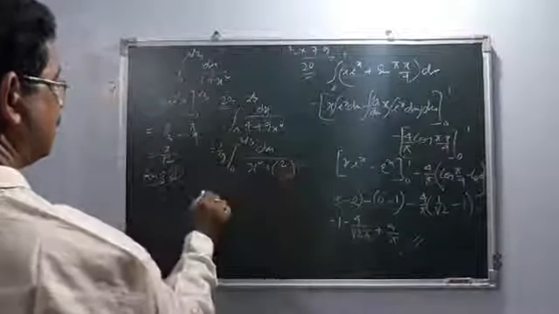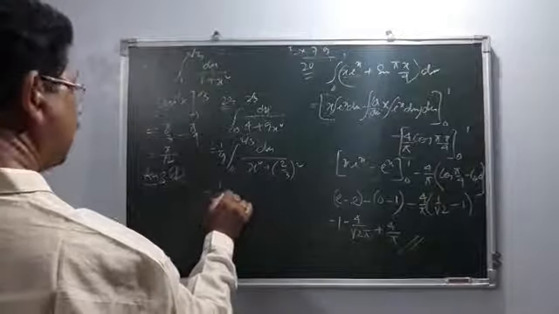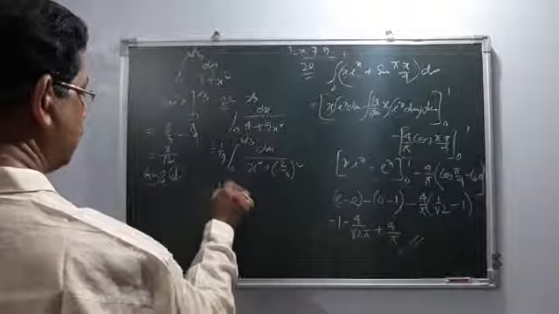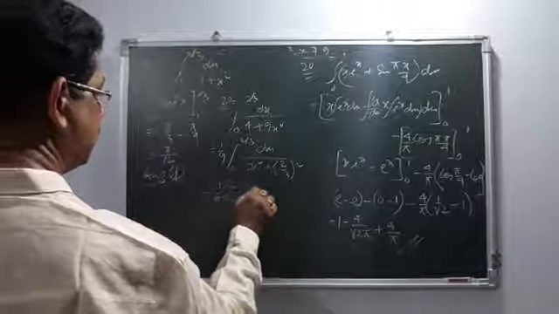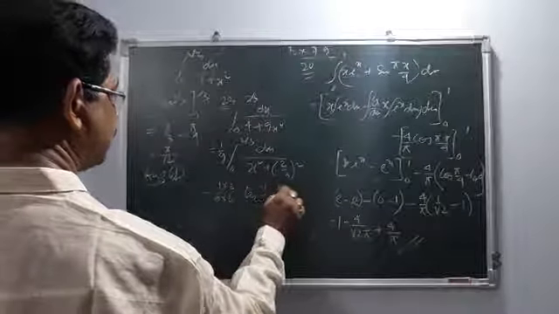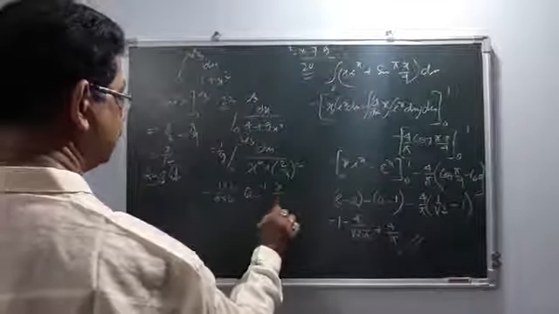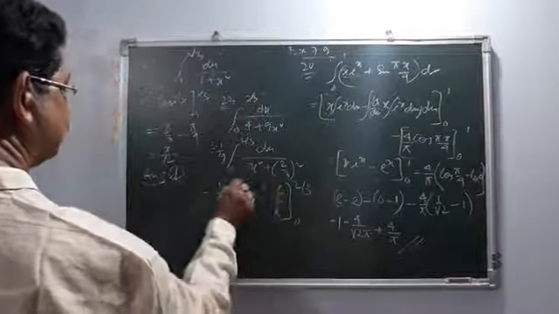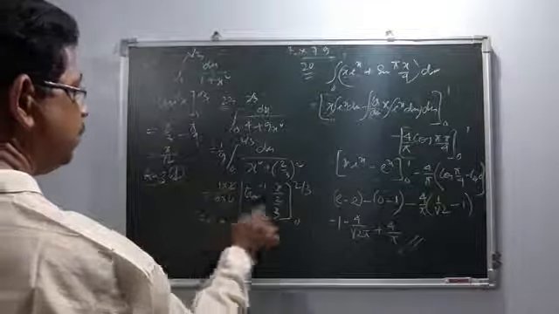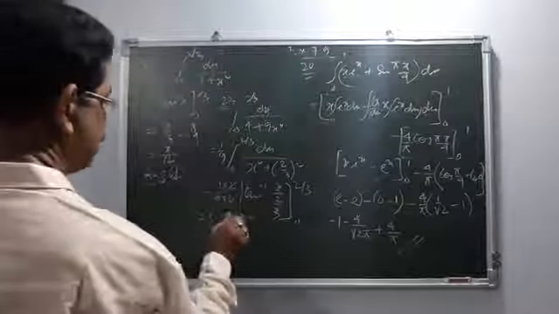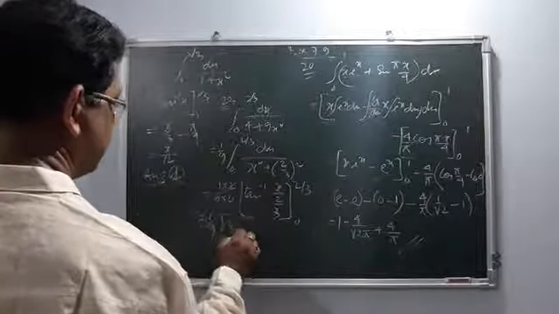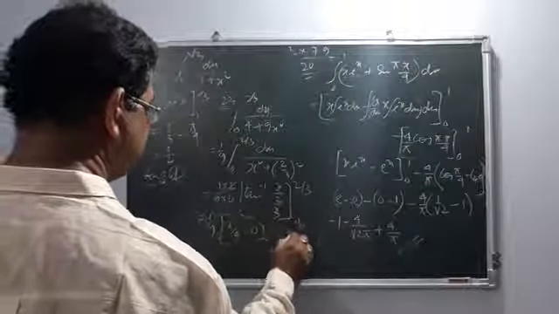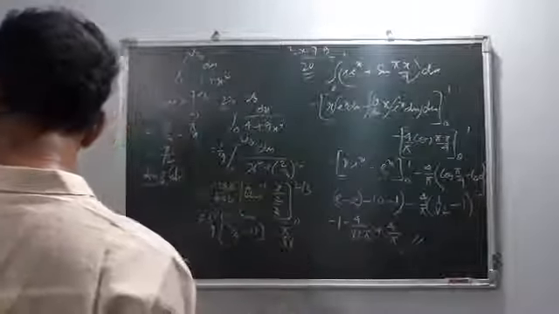It is again the tan inverse formula: 1 by 9, and 1 by a gives 3 by 2, tan inverse of x by 2 by 3, from 0 to 2 by 3. If we put 2 by 3, tan inverse 1 gives 45 degrees, and if we put 0, then it is 0. So ultimately we get pi by